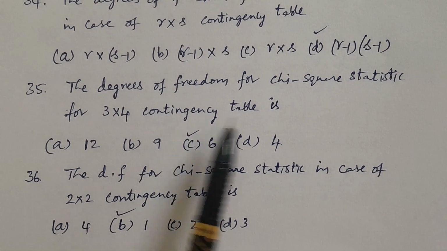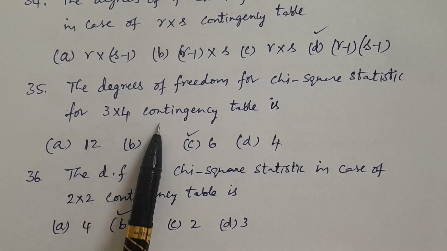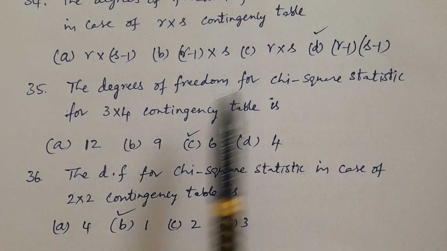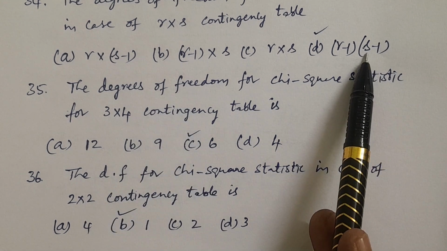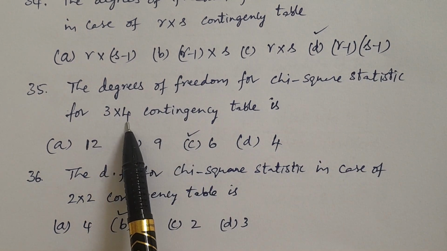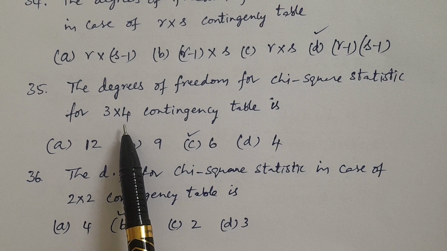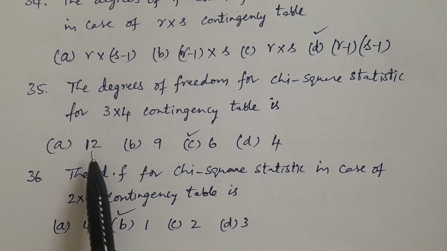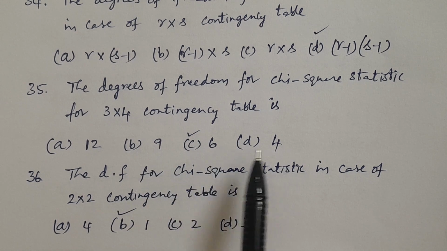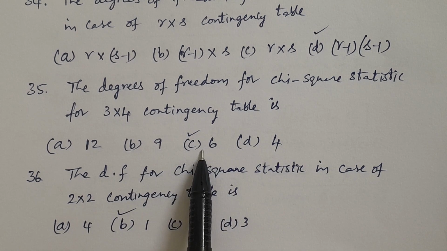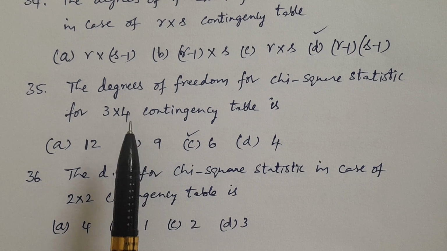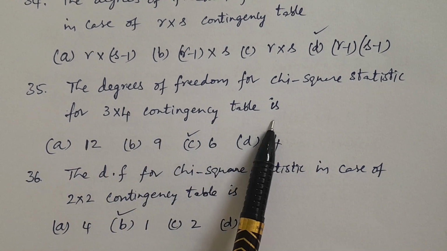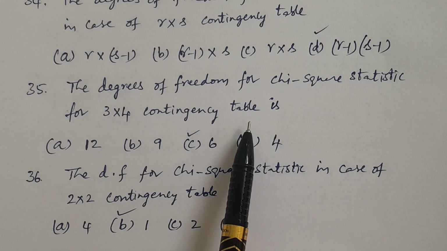The degrees of freedom for chi-square statistic for 3 by 4 contingency table. Now it is very easy. Let us consider r is equal to 3, s is equal to 4. 3 minus 1 into 4 minus 1. 2 into 3, 6. So the answers here: A 12, B 9, C 6, D 4. Answer is 6. Now in Telugu, the degrees of freedom for chi-square statistic for 3 by 4 contingency table is